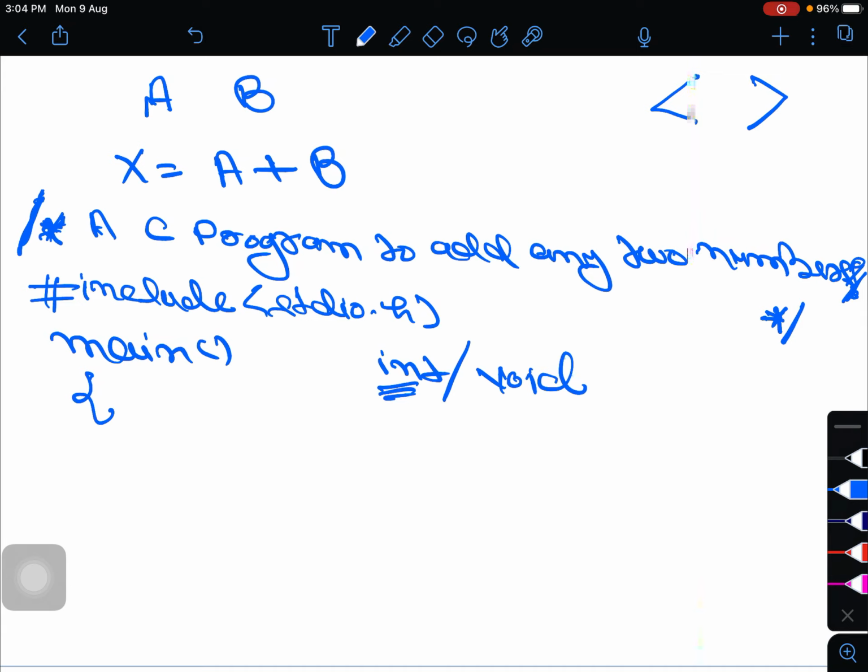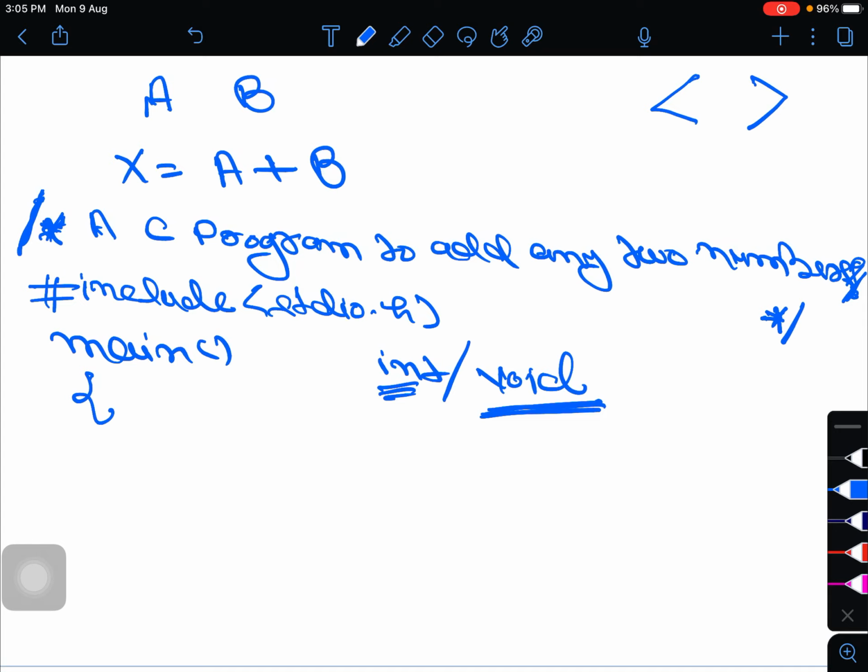If you do not want to return a value through the function main, then you can use void. So it can be written as int main or void main. Int main will return an integer value and void main will not return any value.